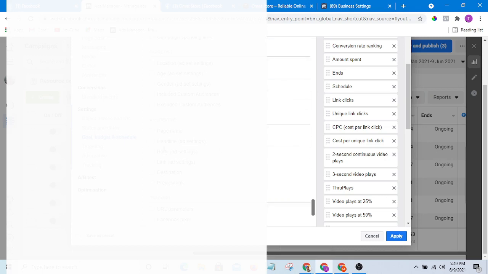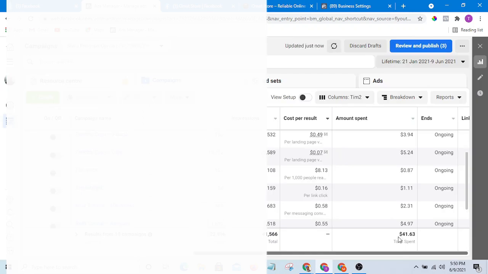If you want to save it as a preset, you check this box and give it a name. Let me give it a name as team 1 or 2, because I already have a preset, but I did this for the purpose of this tutorial. Once you have given it a name, you hit apply and that preset is saved.